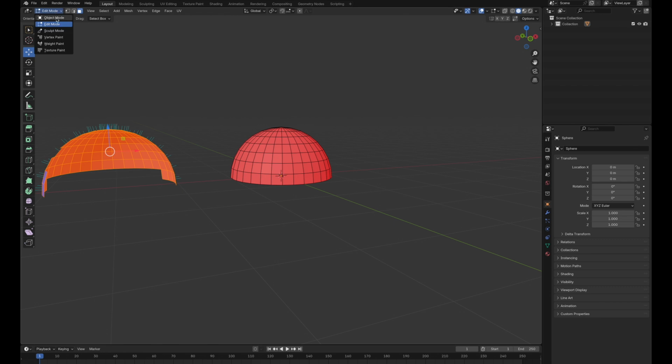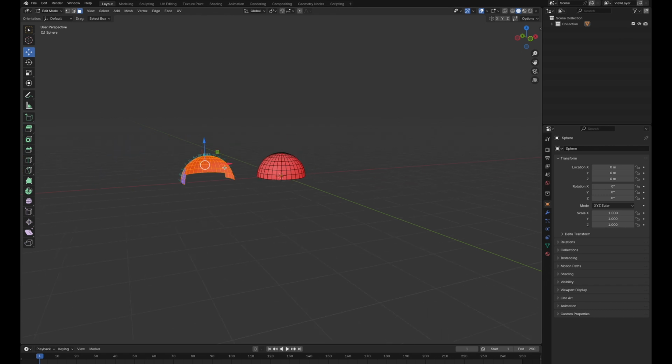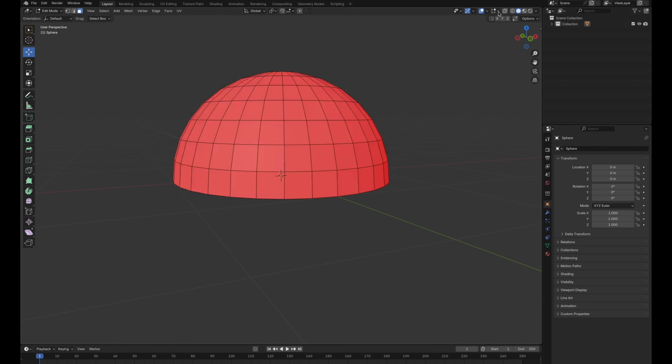I think I need to go to object mode. I think it's a collection. I see, so it's not ampersand. I will make it far away, so when you have this half circle, you go to inverse, normals, and you flip. So when you flip, you go here,